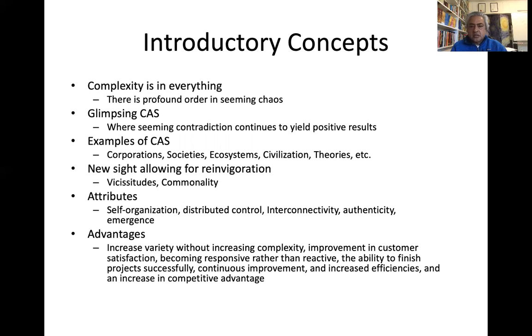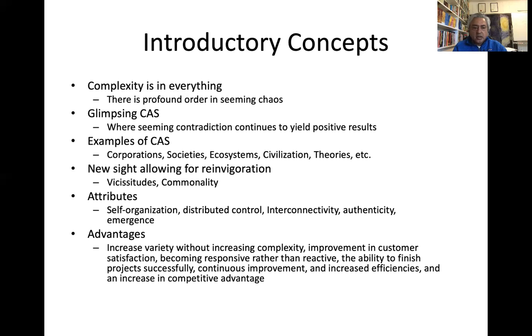yield positive results. So for example, in a robust economy, even though it appears that there's a lot of contradictory phenomena and dynamics going on, yet we will find that year after year, that robust economy continues to create new jobs and continues to grow and offer positive results to the populations involved. And therefore, we might conclude that it in fact is an instance of a complex adaptive system only because the contradiction is yielding positive results. Now, some examples of complex adaptive systems, or CAS, are corporations, societies, ecosystems, civilizations, theories, economies, amongst other such systems